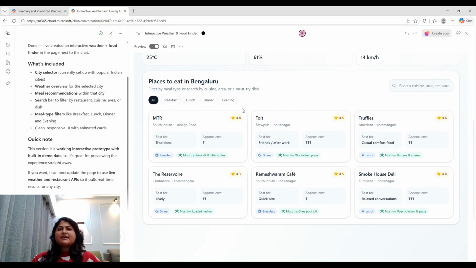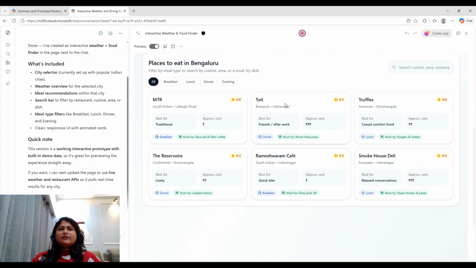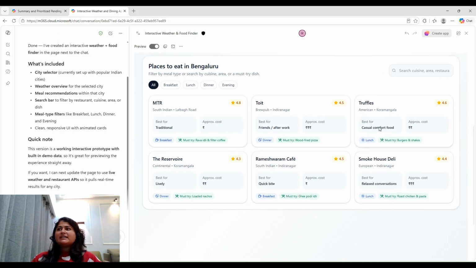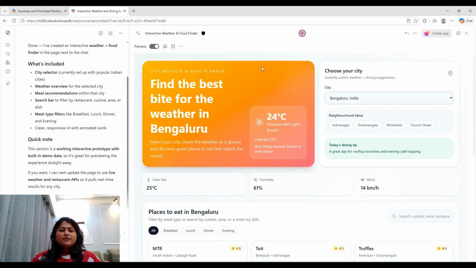What are the places that I can explore in Bengaluru? It has given me options like MTR, Toit, Truffles, etc. This is an interactive page that we got from Copilot. If you want, you can create an app out of it. If I click this option, it is going to create an app in Power Apps and you can host it. So it's a very cool feature that we have in M365 Copilot.